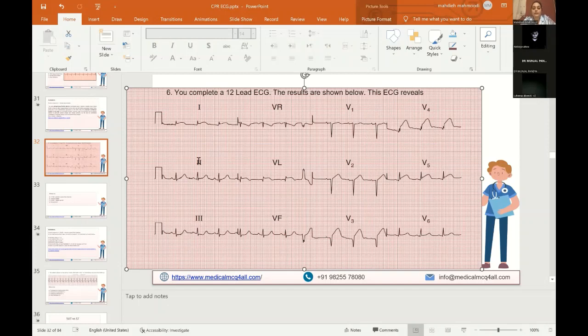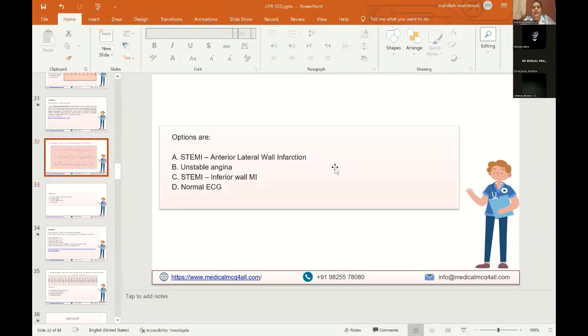Other options are unstable angina. In unstable angina, you have non-specific changes. You may have ST depression or T-wave inversion. No, it's not unstable angina. Clearly, you have ST segment elevation in these leads that I named. So the next question. The patient is placed